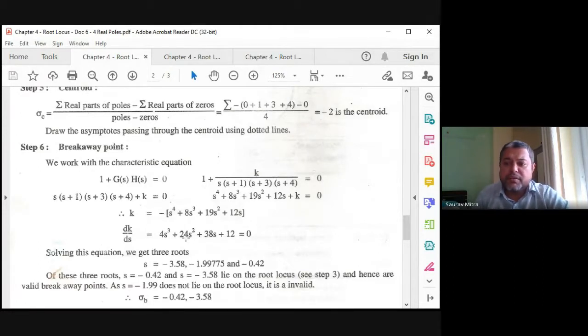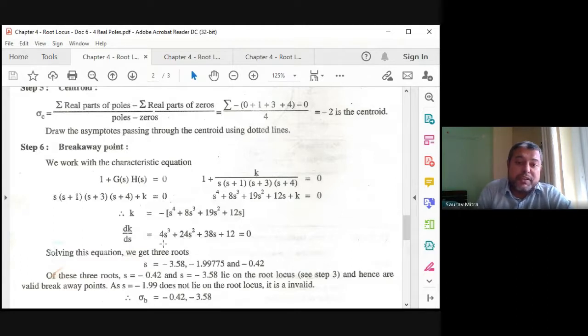So this is the highest level of complexity that you might face in the exam. Why? Because if there are 4 poles in G(s)H(s), dk/ds will become s cube, and you can solve a maximum of s cube by using your calculator. So this is the reason we are asking a maximum of up to a 4-pole system in the exam. For s cube, there will be 3 values of breakaway point. But we have found that only 2 values of breakaway point are accepted. So where will the third point go?